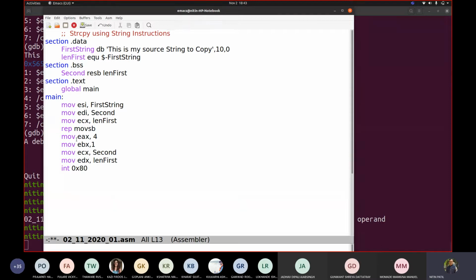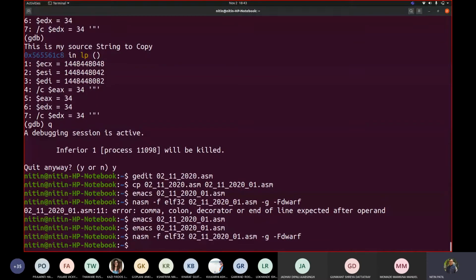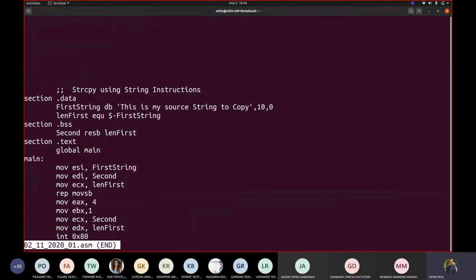Now its task is to execute the next instruction depending upon the value of ECX. So let me see how it works. Let me first translate the code. We are not having any error in the code. Successfully done. So let us go with gcc_01.o and execute this. It did the same thing. Correct? If you see, we used repeat. Now let us see how this repeat works.